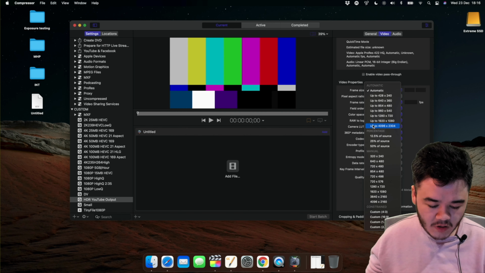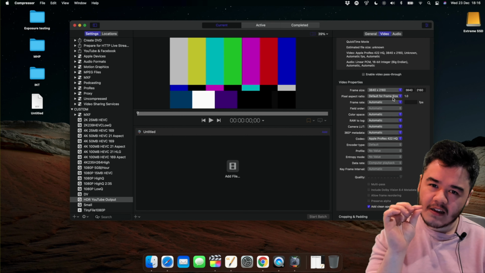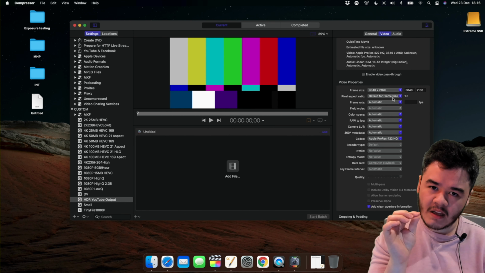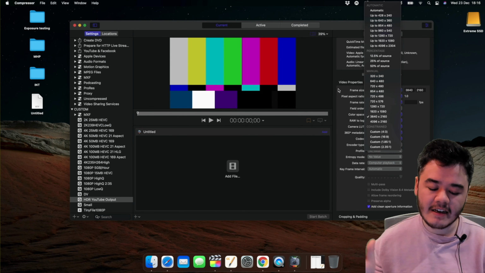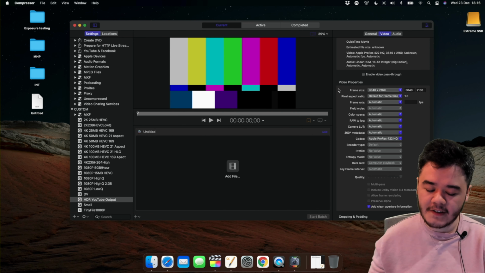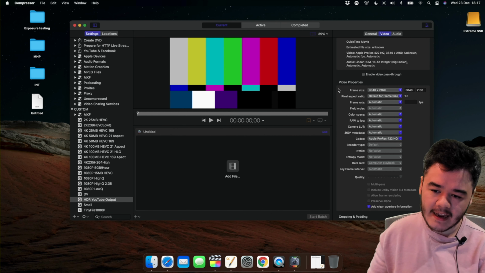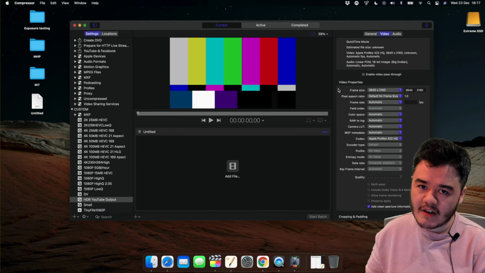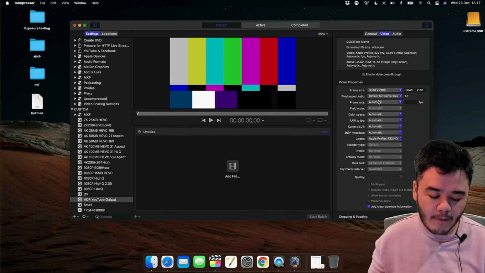What we're going for here is relatively simple. We want 4K, as you do, so we're going to go for 3840 by 2160. I like to be very specific in my Compressor settings. Some people might just let it happen automatically, but I really hate having to re-export stuff and I don't want anything to ever get confused. This is how I want my content to be made, so I always go for 4K. Now perhaps you don't have a good internet connection, you can choose 2K or 1080p. I'll leave it up to you, but I'm going 4K.